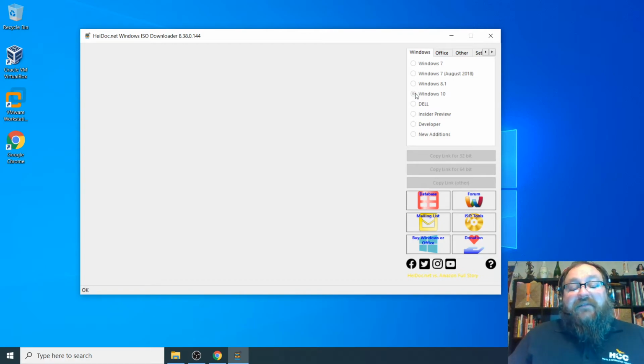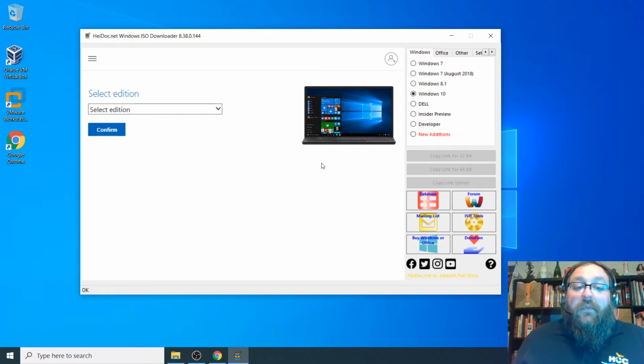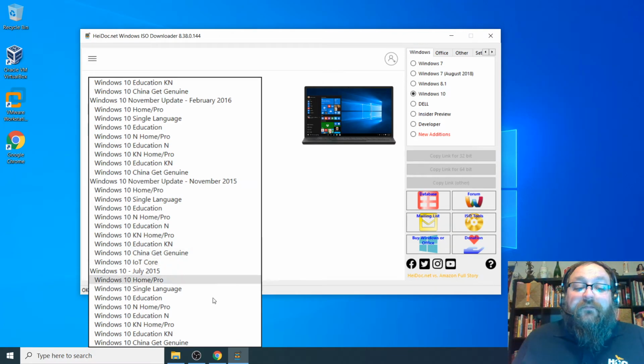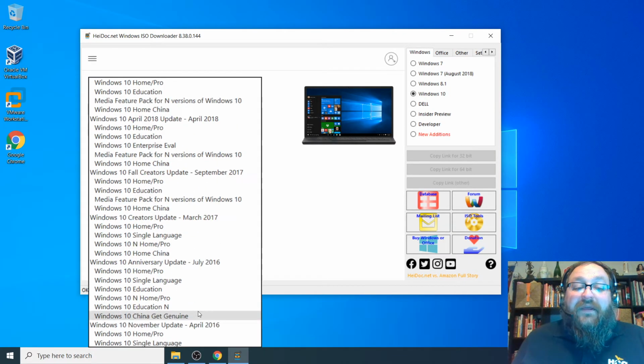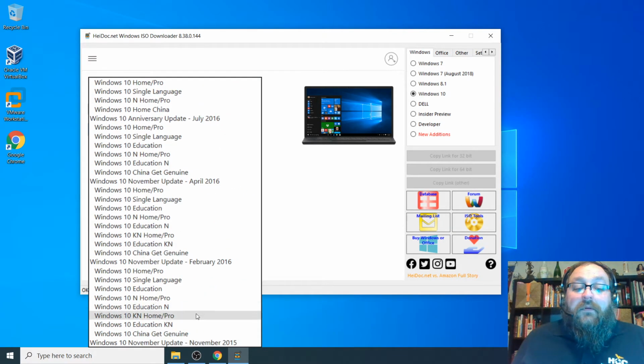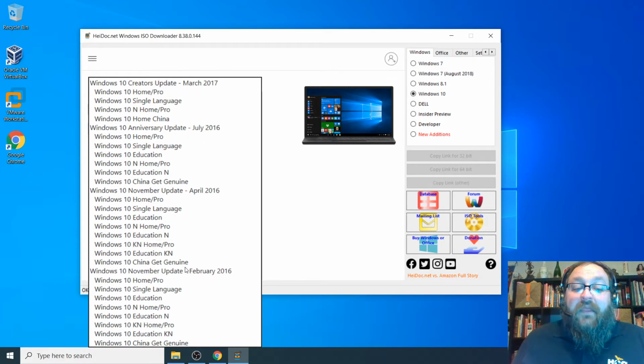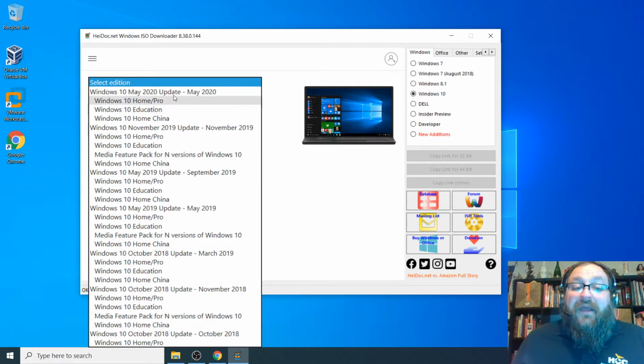It'll take a few seconds to load here. We'll select our edition, and you can get any edition that you see here all the way back to 2015. So Windows 10, and we're going to go with the most updated so that when we install it and go through the process here, it's not going to take as long to update. We're going to try and push through this quickly. Now we can do Home, Pro, Education, and Home China. So we're going to choose Home Pro,